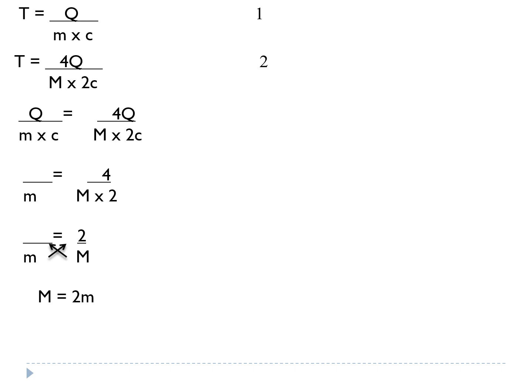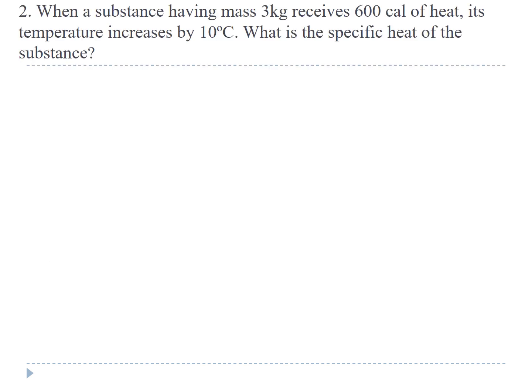Okay, so mass of B, if you see, it is 2m. Here m is the mass of A. So we can write mass of B is nothing but it is twice that of the mass of A. Okay, because capital M was of B and small m was of A. So mass of B is twice that of mass of A. That is our final answer. I hope this is clear. Let's look at another example.